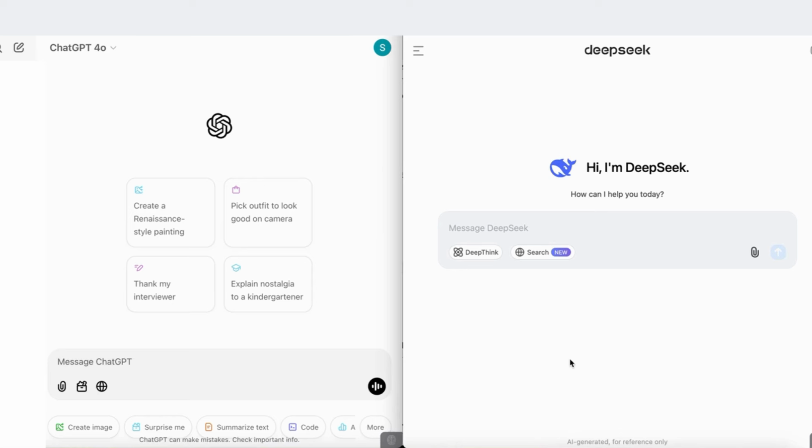Hello everyone, and in this video I'm going to be showing you a head-to-head comparison of two top AI models, ChatGPT4o and Deepseek version 3. And as you know, Deepseek version 3 has been making waves in the AI industry. It's outperforming many open source models and achieving performance that is almost comparable to some of the top closed source